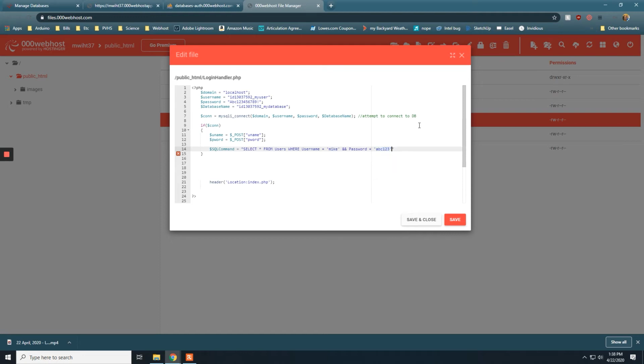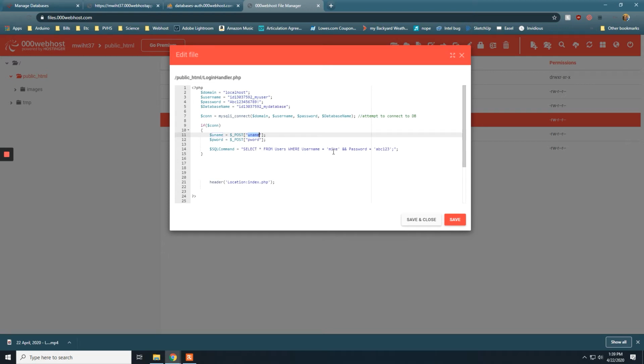Now, of course, we have to put a semicolon at the end of our SQL statement, and because this is part of a PHP line of code, that one also needs a semicolon, so I'm going to put that in also. Now, if you'll notice, we have once again hard-coded our username and password, which is not what we want to do. We want to use the username and password that they supplied to us in those little text boxes